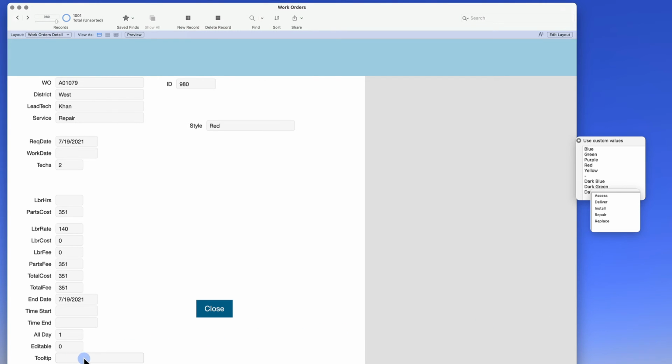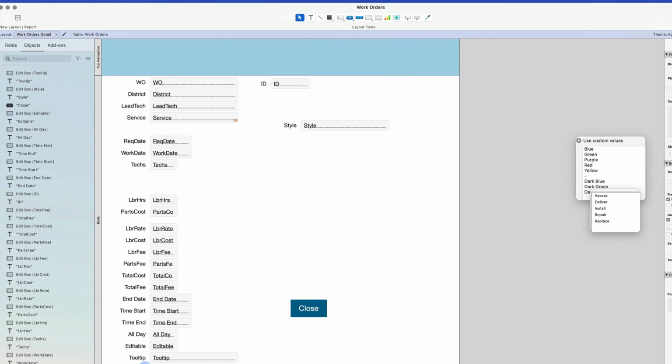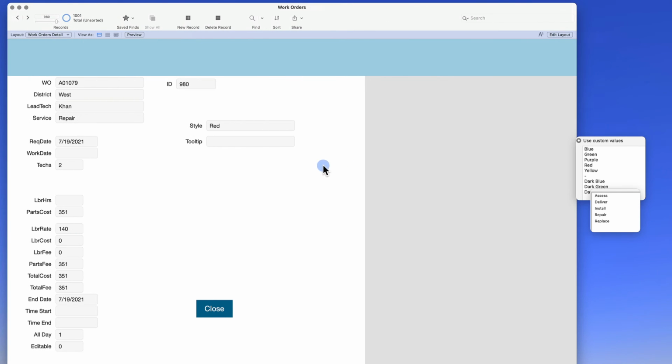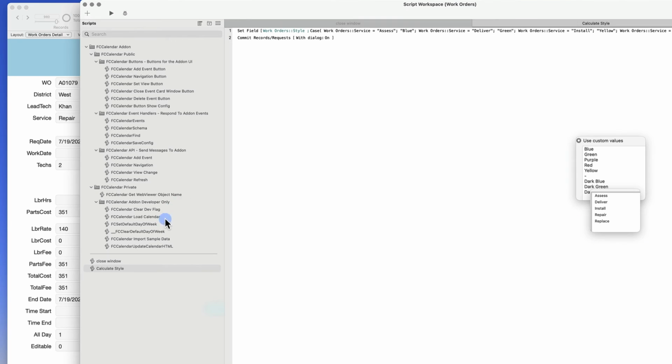And here it is, down here at the bottom. Let me bring it up so we can work with it a little closer. All right. So for this, I'm going to do something very similar to what I did when we calculated the style. I'll, in fact, duplicate this script by choosing Command D on the keyboard, and I'm going to go calculate,